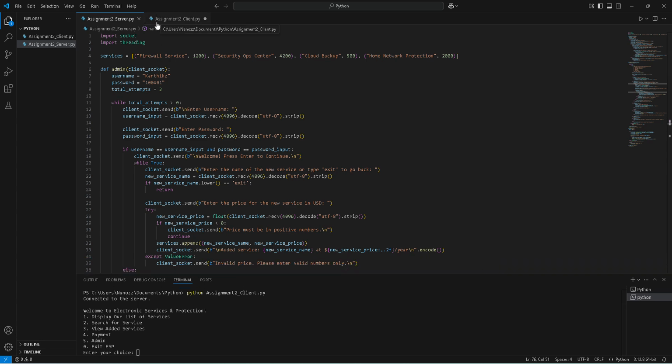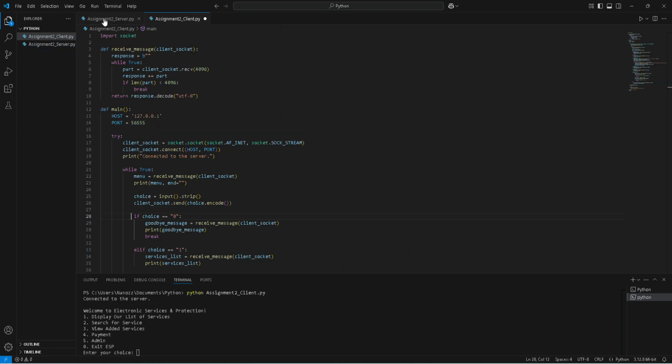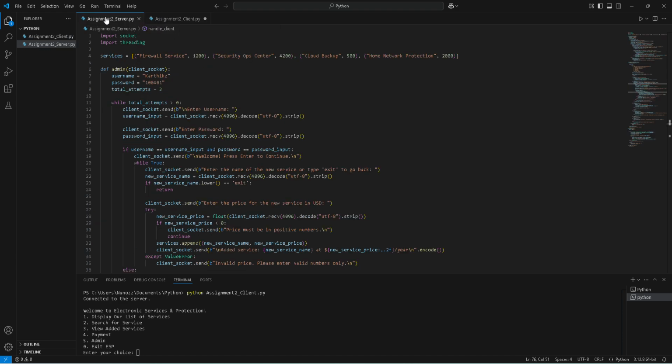Okay, so this is my assignment two. This is my server and this is my client. This thing is actually very similar to my first assignment. It's more or less like a copy and paste, but I integrated it into a server and client kind of